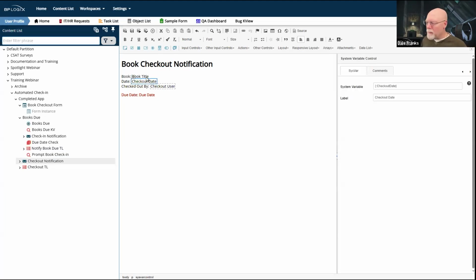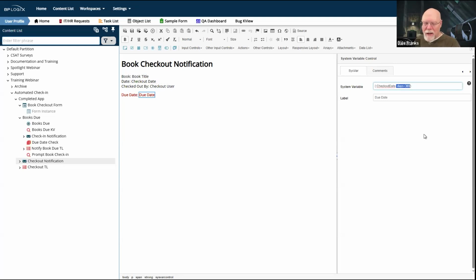I've got book title, I've got checkout date, checkout user, and I've got checkout date again, but I've got this trippy little modifier on the checkout date, which is days equals 365.